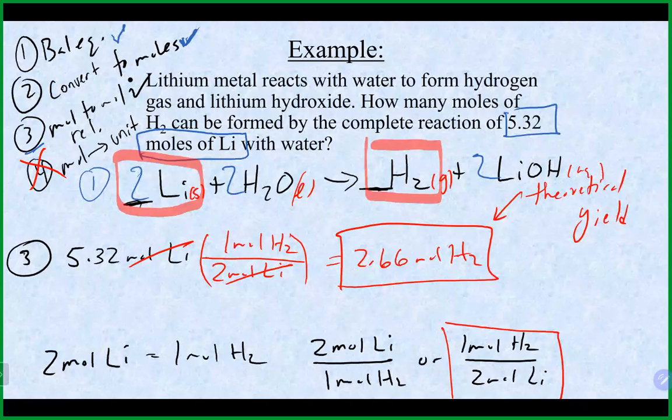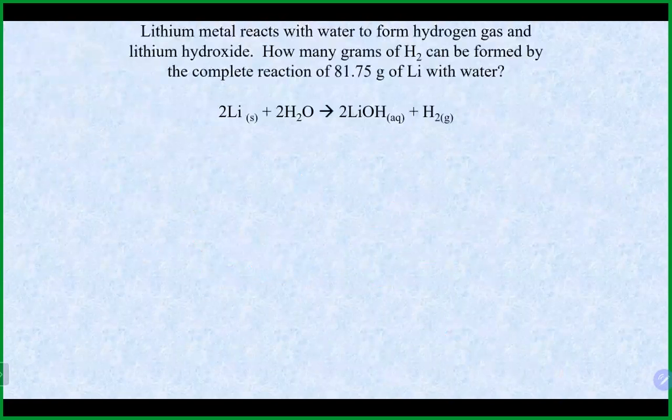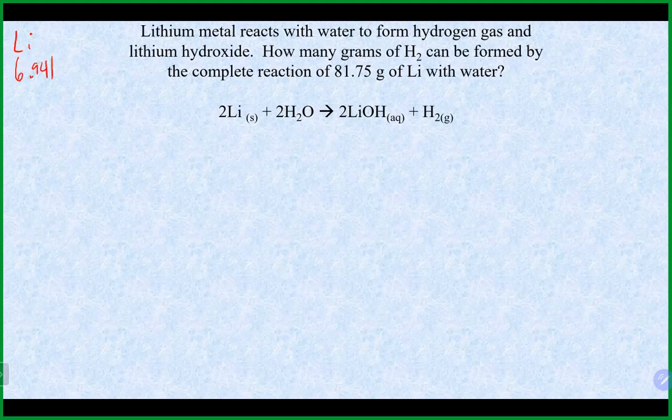Okay. All right, so let's take a look at another one here using the same equation. That is this one, I think. So using the same reaction, in this case, we want to know how many grams of hydrogen we would produce in the complete reaction of 81.75 grams of lithium. Here are some numbers that might be helpful. Lithium from the periodic table, 6.941. And hydrogen, 1.008. So once again, follow those 4 steps: balance the equation,